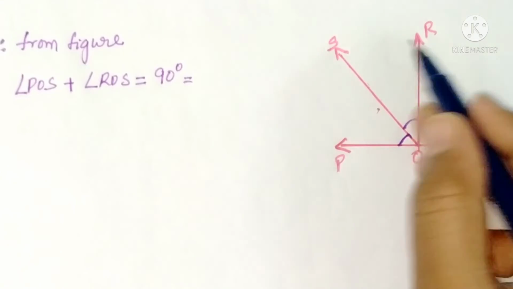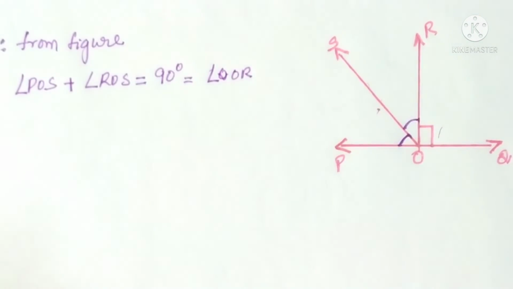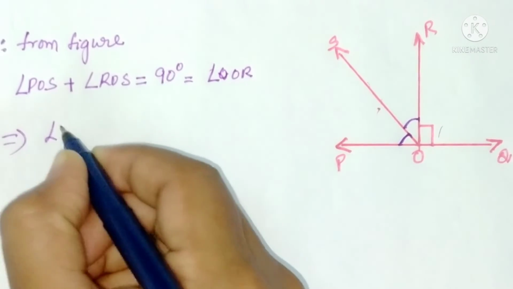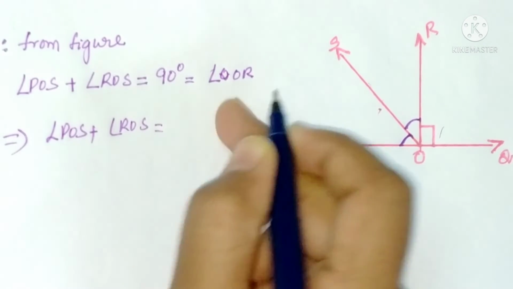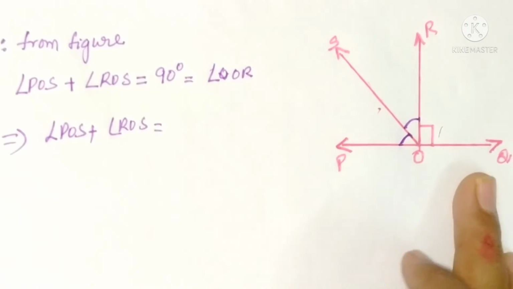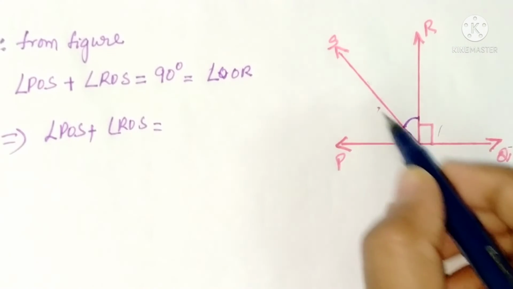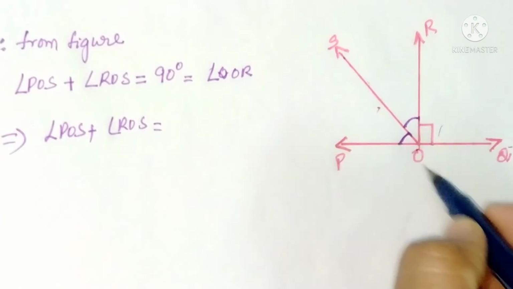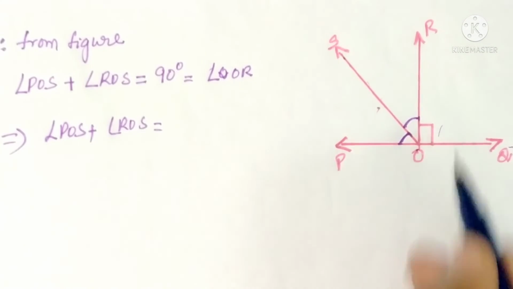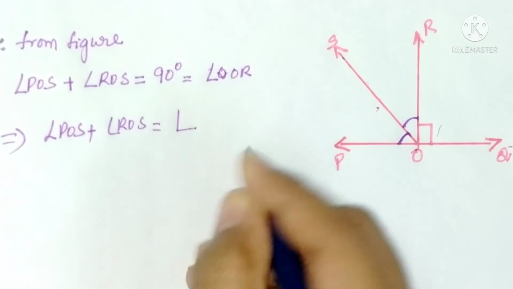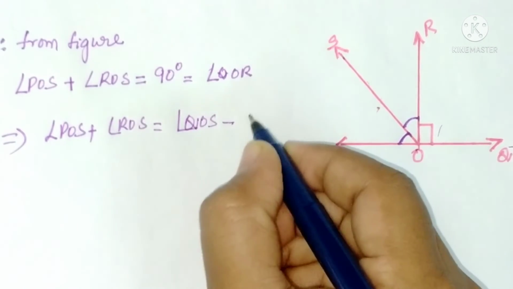That is, angle QOR is also 90. So angle POS plus angle ROS equals angle QOR. From the figure, angle QOR is the total angle QOS minus this part, so I am writing angle QOS minus angle